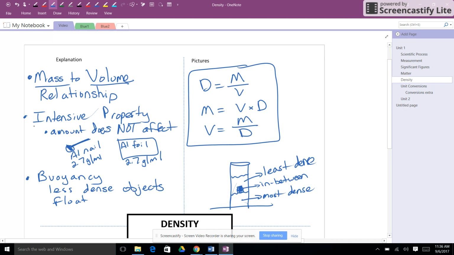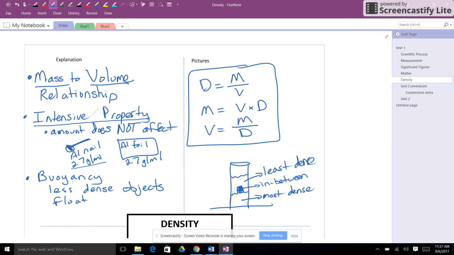Further, density is this intensive property, which means the amount does not affect the value. A good example of this: if I found a little aluminum nail and tested the density, and I obtained it to be 2.7 grams per milliliter, if I had a piece of aluminum foil that was twice as massive, the density would still be 2.7 grams per milliliter. Although the mass is twice as large, that means the volume would also be twice as large. So this ratio, this mass to volume relationship, would stay the same. It means that density is a nice way to maybe test the identity of an object. If you find a coin you think might be gold, go test the density and see if it equals